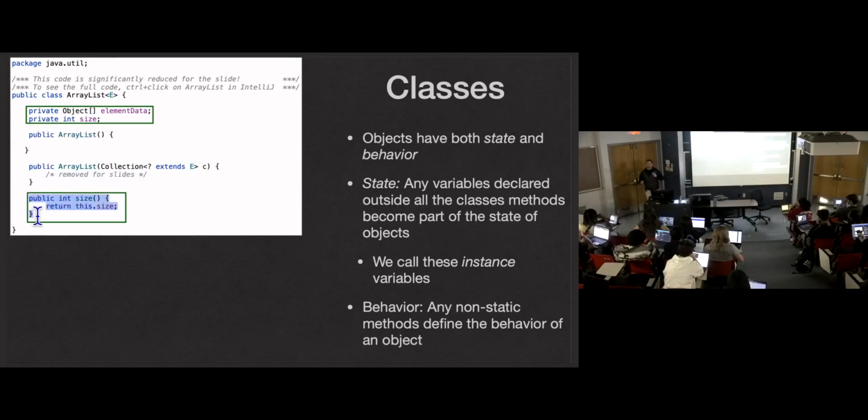I'll start with just size because it's pretty much just a getter, but it returns this dot size. Whatever array list you use to call the method, a reference to that array list will be stored in this. It's going to return its size. Okay. So in this example,